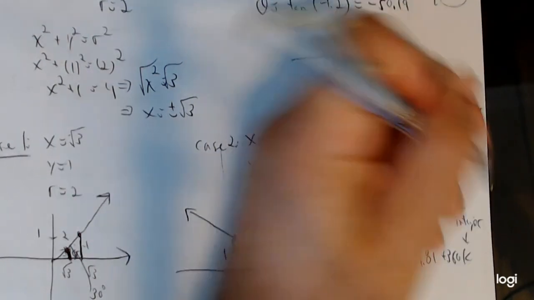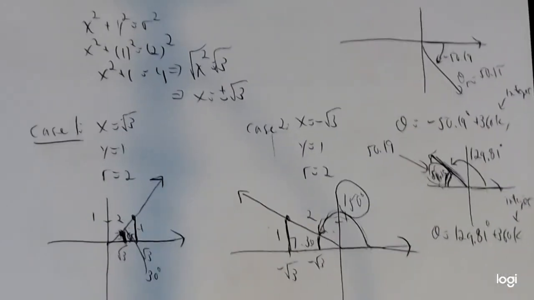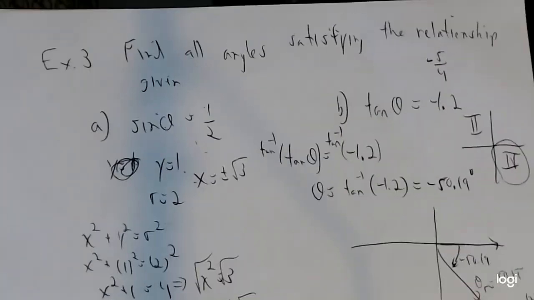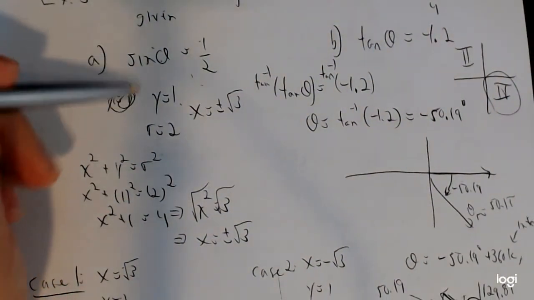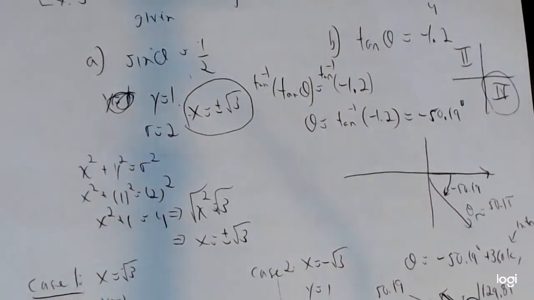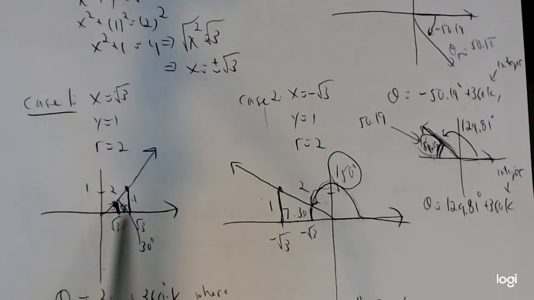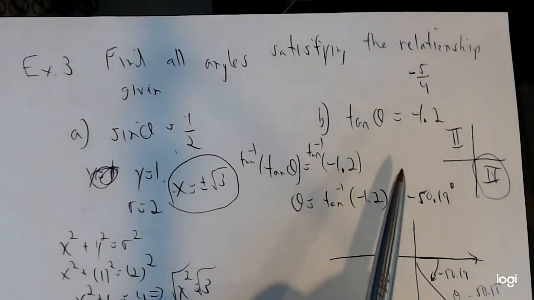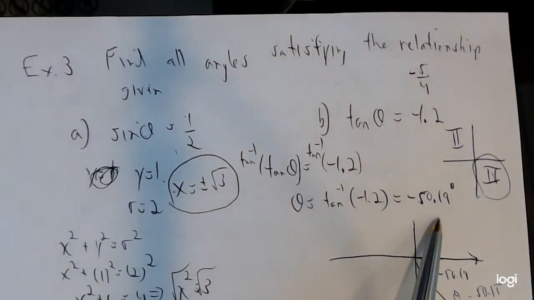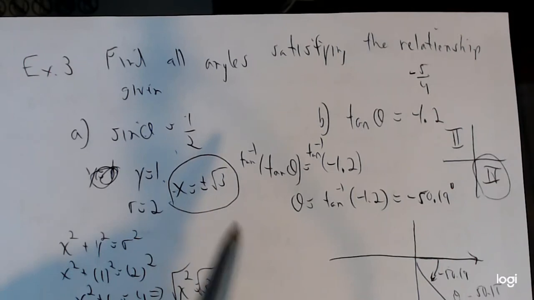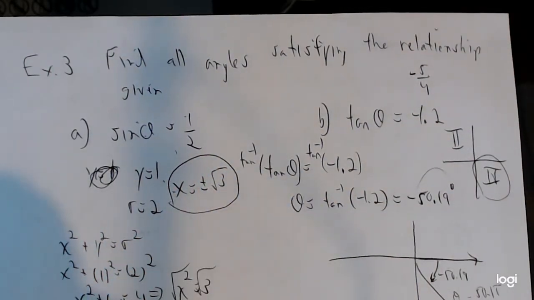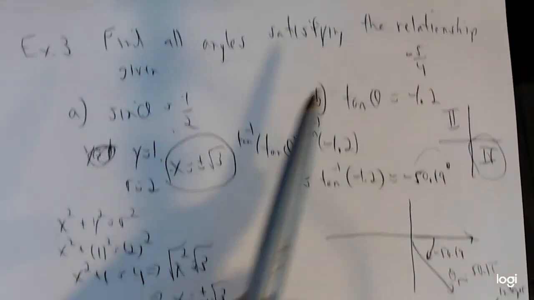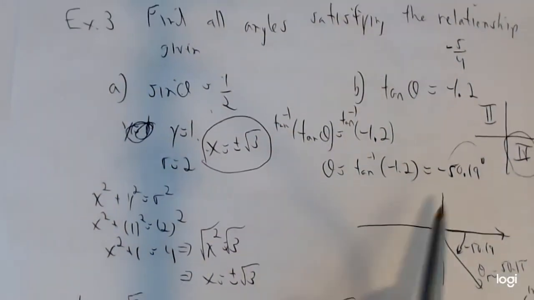So just a quick recap. For the first problem, when we solved for x, y, and r, we automatically got the two angles, because when we used the Pythagorean theorem, the x gave me the plus or minus root 3, which I was able to break up into two cases, and I saw my two triangles. But when we were asked to use a calculator, or when we have a problem where we're forced to use a calculator, what happened? We used our calculator, and unfortunately our calculator is only going to give out one of the two angles. So then we need to use our knowledge about trig functions and where they're positive and negative to find the second angle ourselves. But the angle that our calculator gives